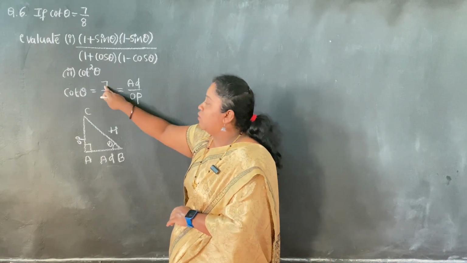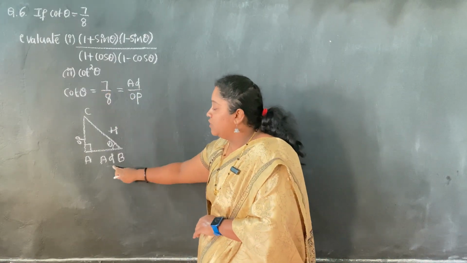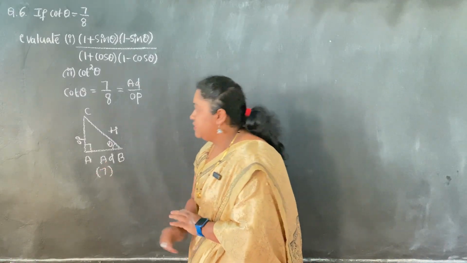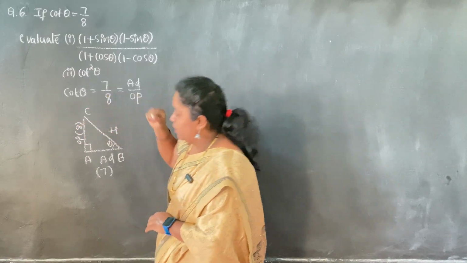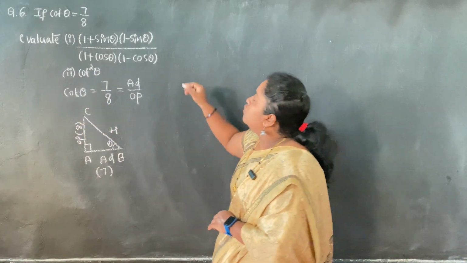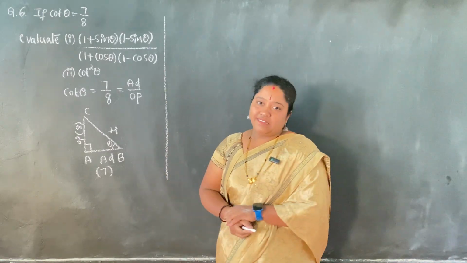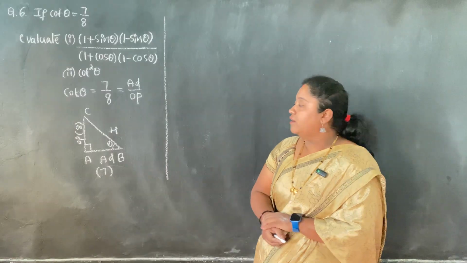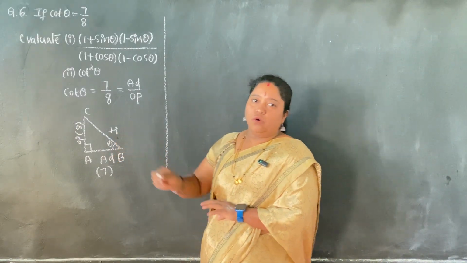So we'll substitute the values with respect to given information. Cot theta is equal to 7 by 8, where adjacent is 7. So which is adjacent? AB is adjacent. So adjacent will be 7 and opposite is 8. So I'll be writing 8 here. Opposite is 8. So to find cos and sine value, it is very necessary for me that I should have hypotenuse, and you people already know that to find hypotenuse I have to go for Pythagoras theorem.